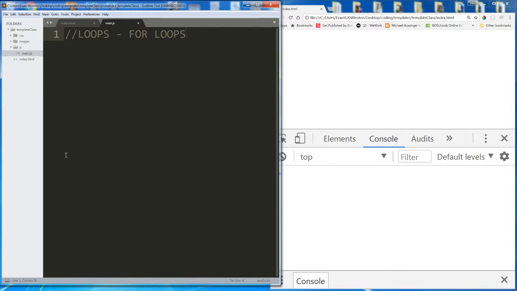Further, they allow us to change that block of code a little bit each time we run it. Okay, so consider an example. If we wanted to console.log all the numbers between 0 and 10, we would need to write